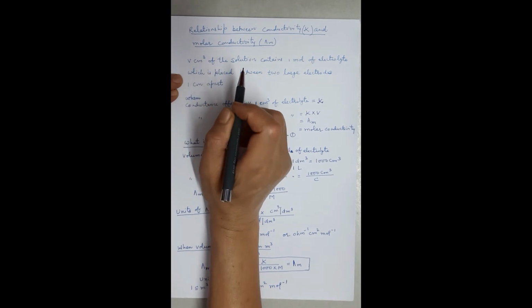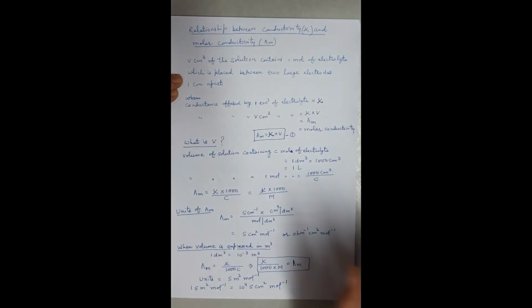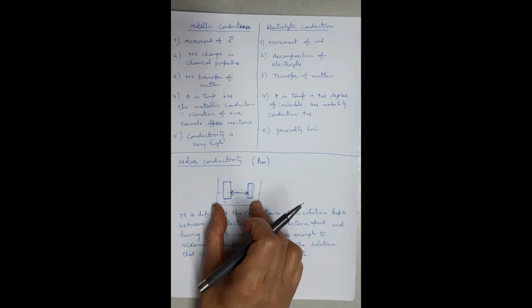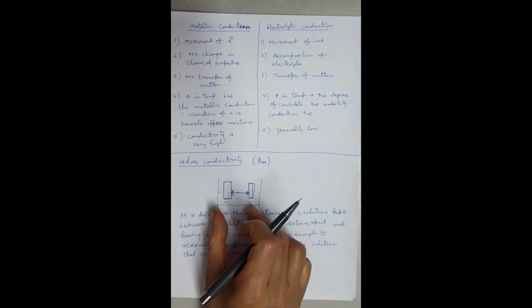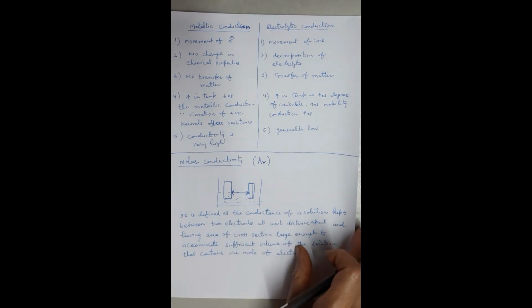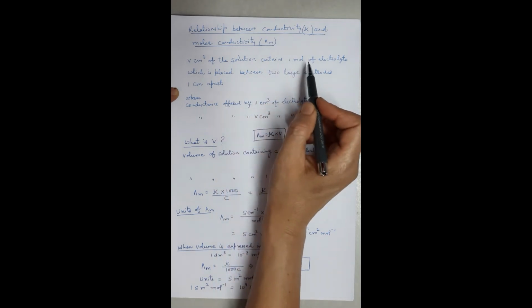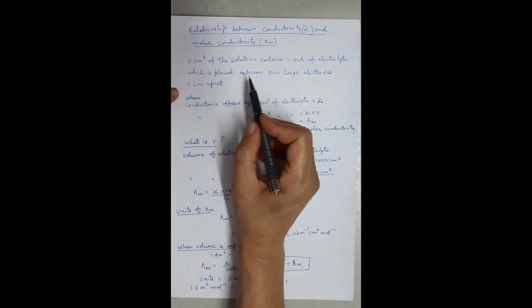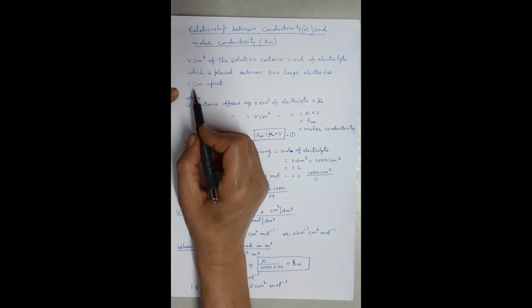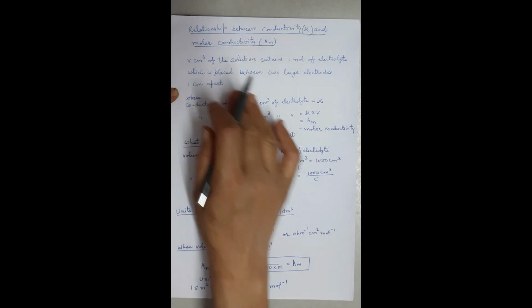Beta, you already know in this case, what we have discussed just now, which is molar conductivity, V volume of the solution is there because they are saying enough volume should be there, placed between the two electrodes, which contains 1 mole of electrolyte. So here the volume of the solution is V centimeter cube. So V centimeter cube of the solution contains 1 mole of electrolyte, which is placed between two large electrodes, which are again placed 1 centimeter apart from each other. This is what we have discussed regarding molar conductivity.